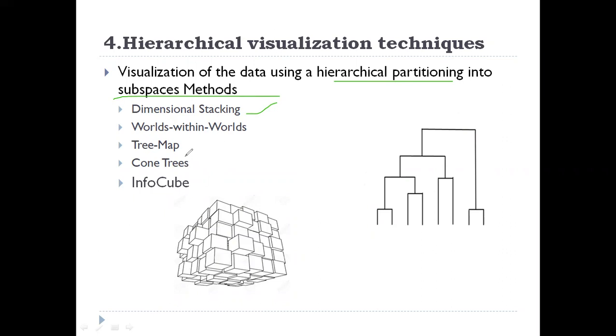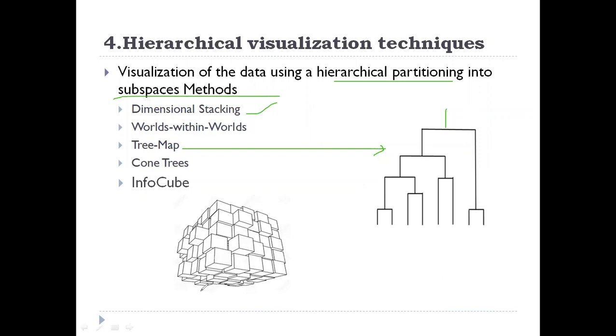Under tree maps, here I have one diagram. This is one example of a tree map, an example of the dendroids whichever we discussed in clusters. This is one kind of tree representation of data, a hierarchical representation of data. You may call it a tree map or tree representation. It is called a dendroid.